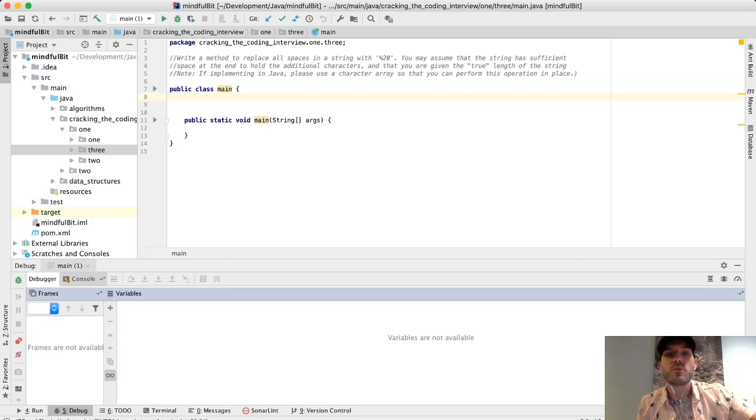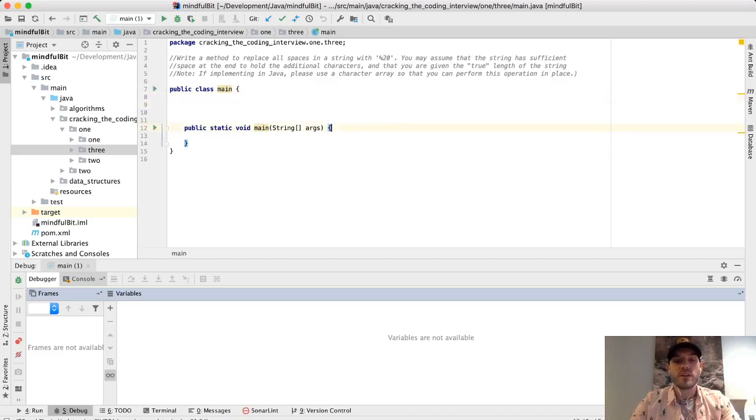It is also important in Java that we're going to be using a character array to perform the operation in place, because Java string operations are typically pretty expensive, because the entire string is copied each time you do an assignment operation on a string. That's why the string buffer object is very helpful. For instance, if I were to create a string builder,